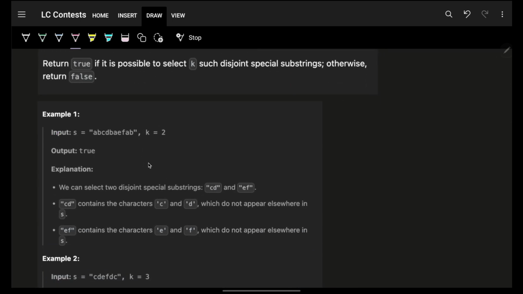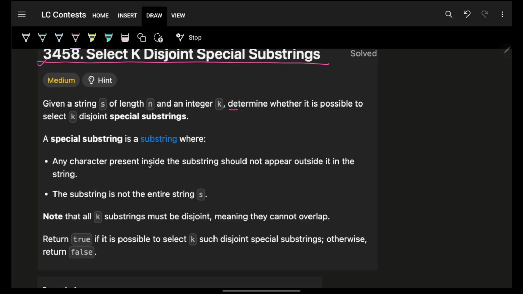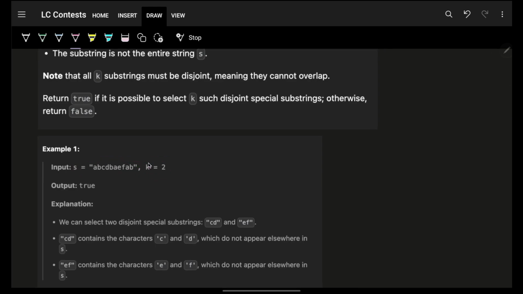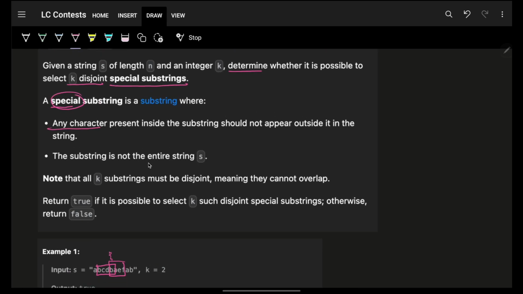Let's start off. We are given a simple string s and an integer value k. Now, we have to determine whether it is possible or not to have k disjoint special substrings. Now, you know what a substring is. A substring is a continuous set of some characters. Disjoint means that two substrings should not be overlapping. Now, next thing, they are referring to something as special, that any character present inside the substring should not occur outside